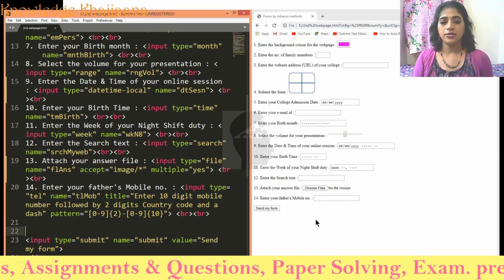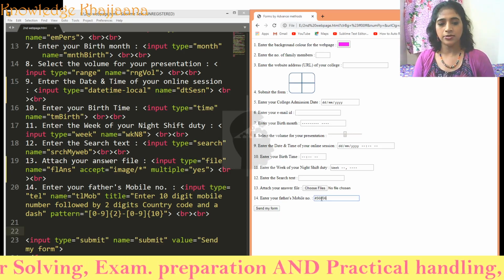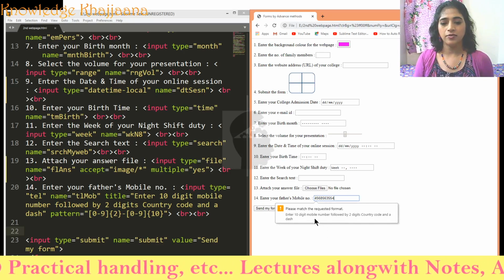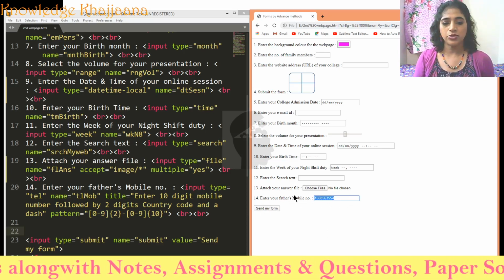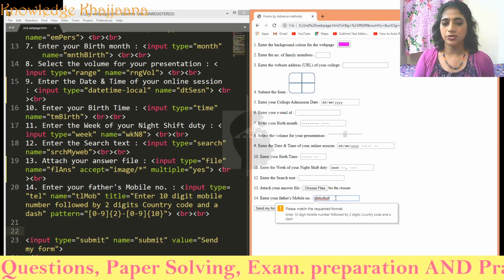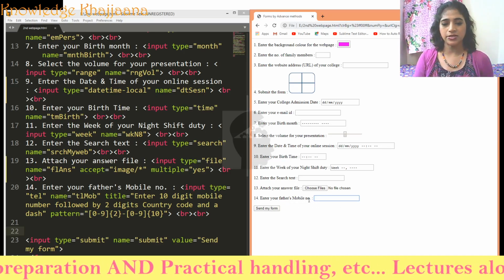See, enter your father's mobile number. Suppose I enter something like this. It will not accept. It will show the hint which I have set by the title attribute. Suppose I am entering characters. It is not a valid input, so it will not accept it.